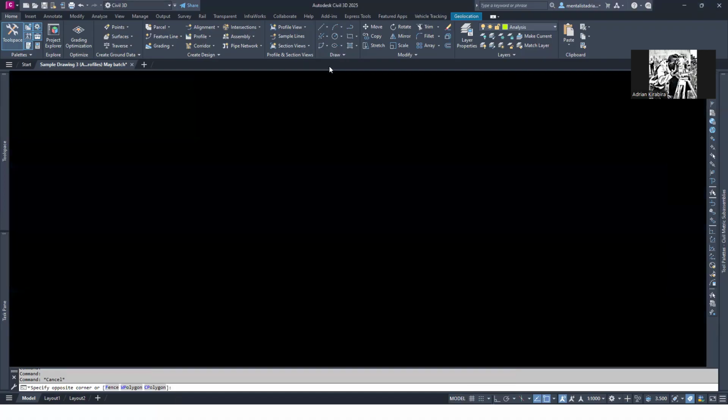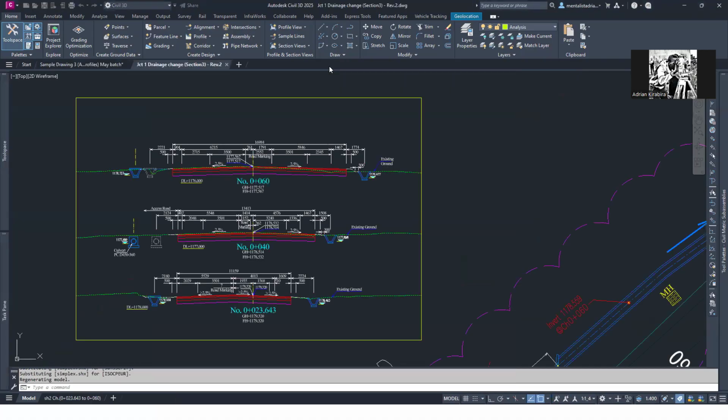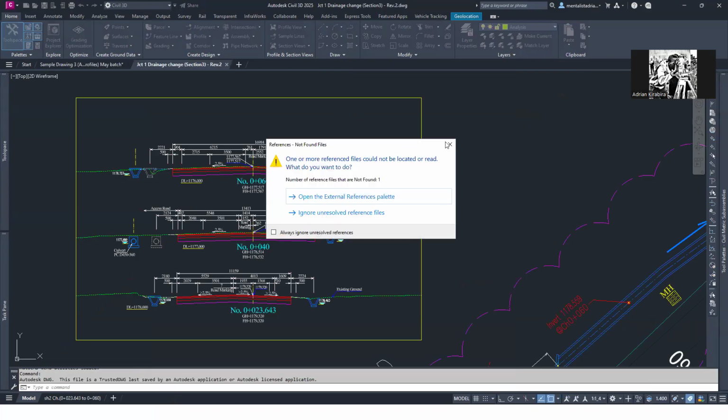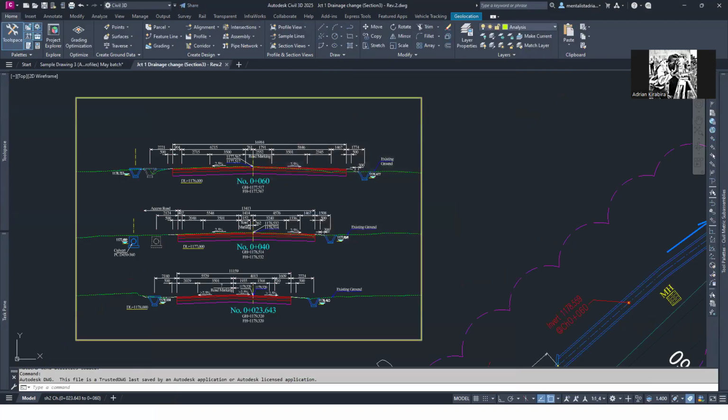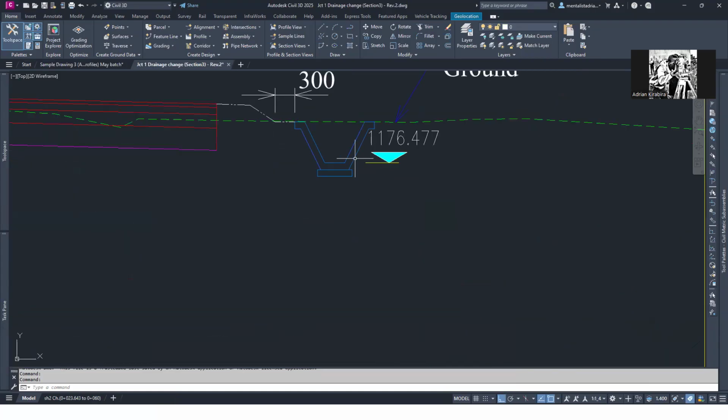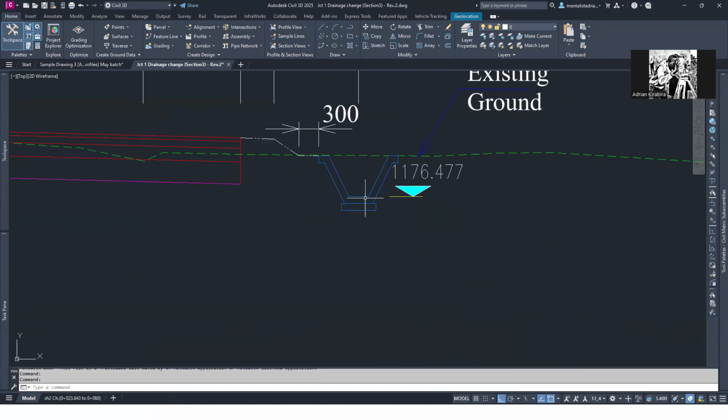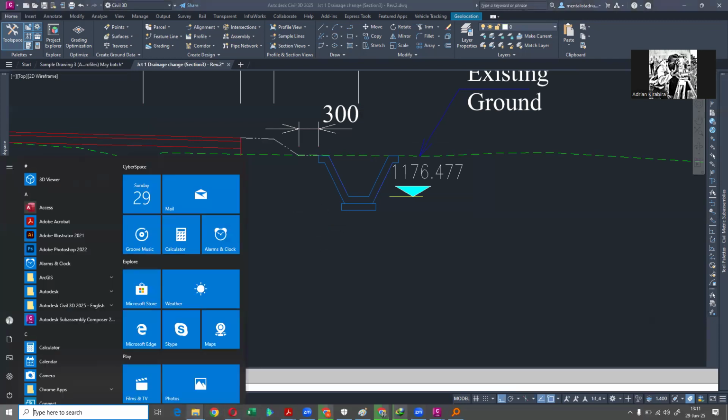Let me check this. So this road was supposed to do, this is the Spear Motors section, and the client wanted this type of drainage, the V drain, with a thickness, but this design is not there in Civil 3D. Okay, so what I did,